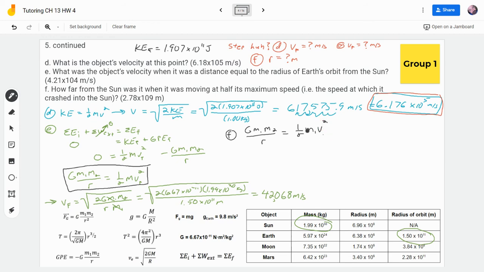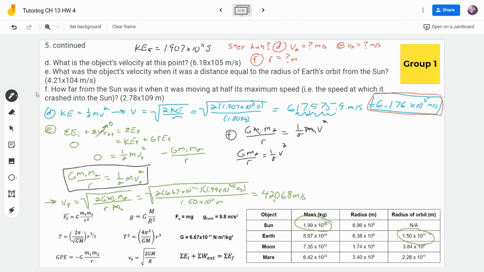Okay. And at this point, I can cancel the m's. So the m's go away. I will write it again to be clear. Okay. G M2 over R is equal to 1/2 V squared. I've just got to solve this for R. R is the thing we're looking for. So I will multiply both sides by R, multiply both sides by 2, divide both sides by v squared. If I do all that,